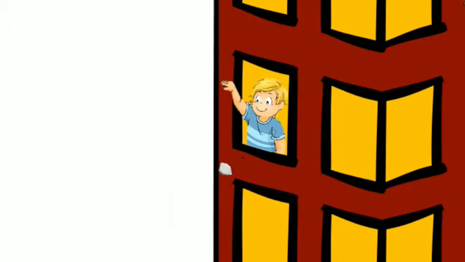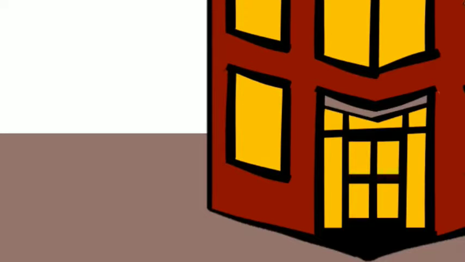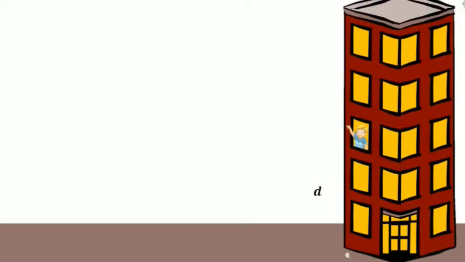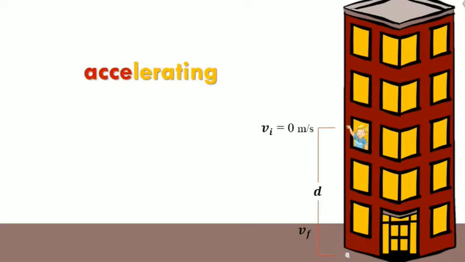It will reach the ground because gravitational force is working, and it will also take some time to reach the ground, and it covers a small distance to reach the ground. So our initial velocity is 0 meter per second, and it is a kind of accelerating motion. And in accelerating motion, small g works. Small g is the acceleration due to gravity, and it is constant on the earth's surface.